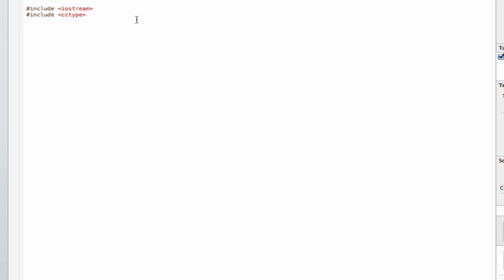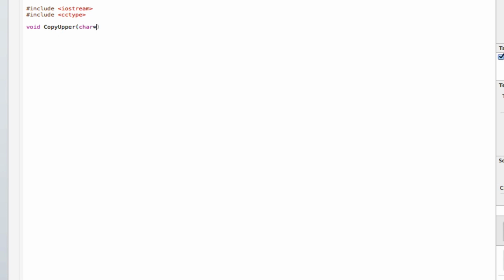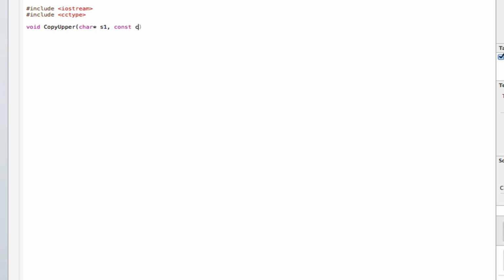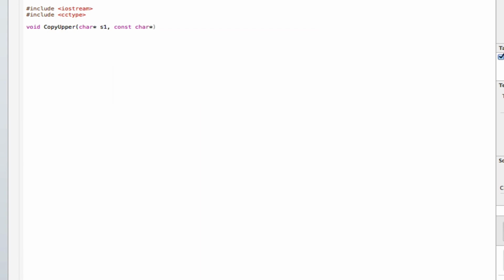Now go to the next line and type in void copyUpper, char star s1, const char star s2. That should be closed off, and now go to the next one and type in curly braces and then say while